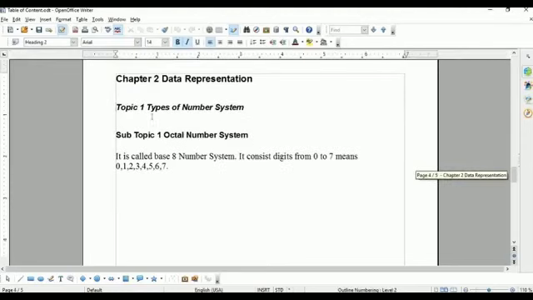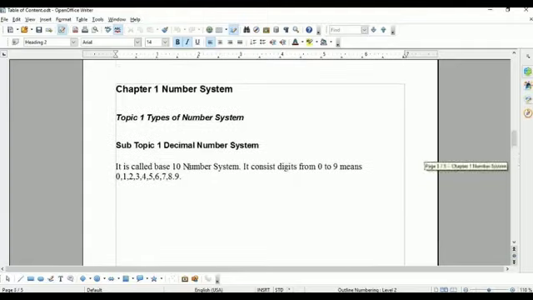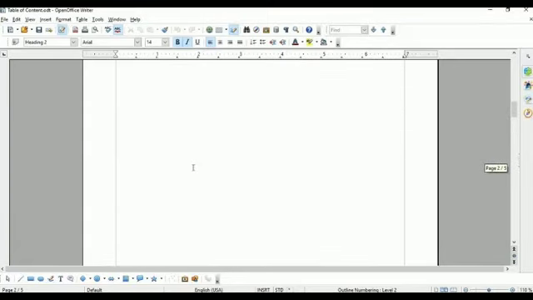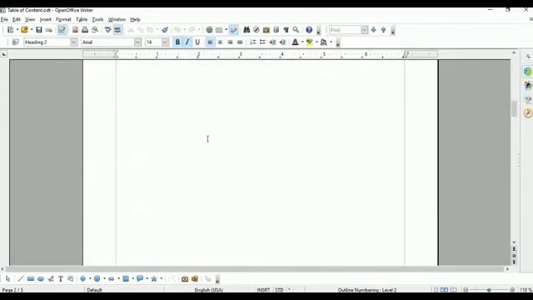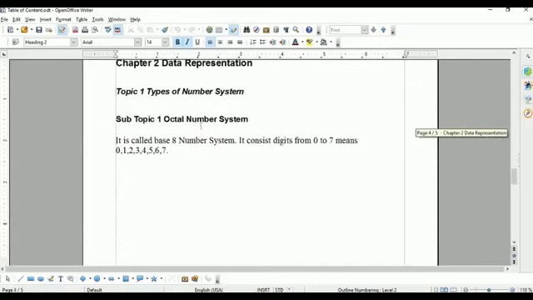This is chapter number 2, meaning page number 2. Is it clear? Because the first page is the table of contents, the second page is blank, the third page is chapter 1, and the fourth page is chapter 2.